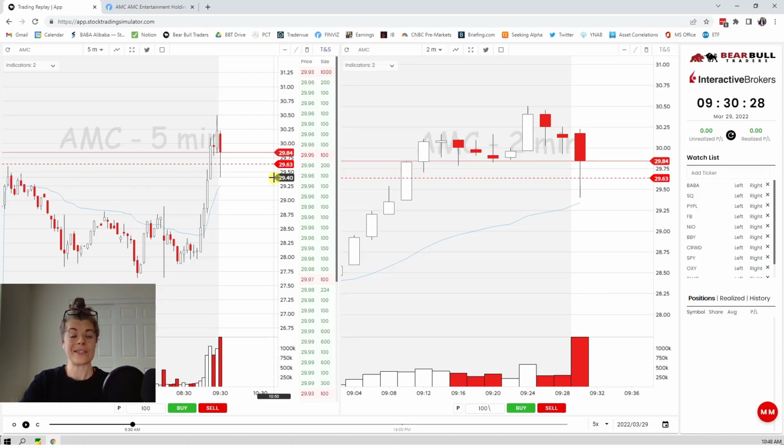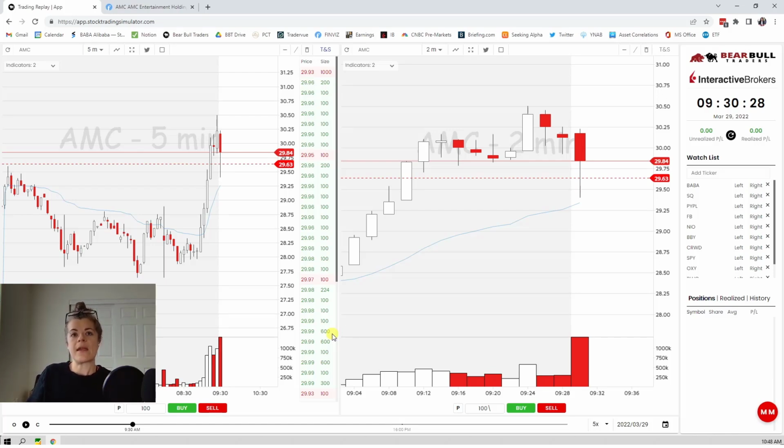This wick still hasn't touched that, right? So I would be in this. My limit order would have been triggered and I would still be in this. For stocks that are super volatile, you can use a higher percentage of the ATR, or you can use the same percentage of ATR but put less risk on. So there are two ways to play this a little bit safer.